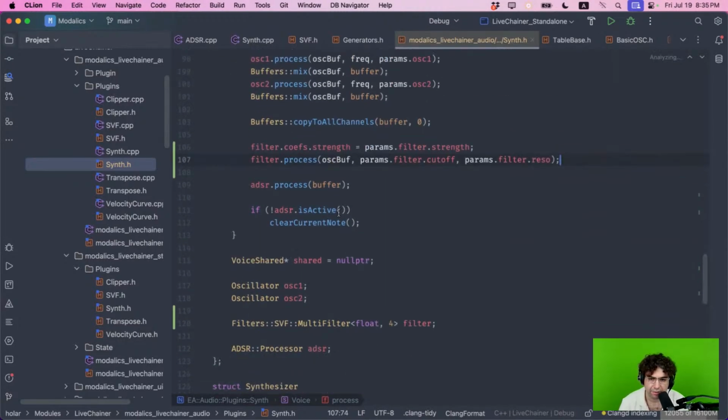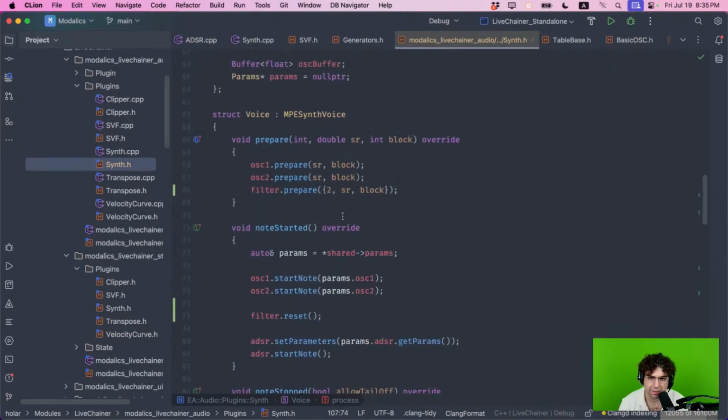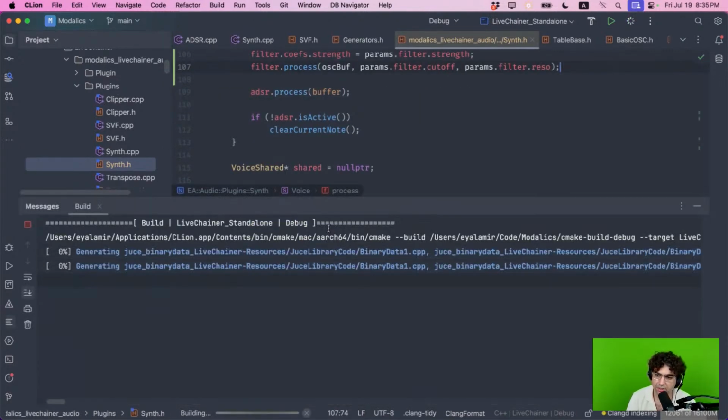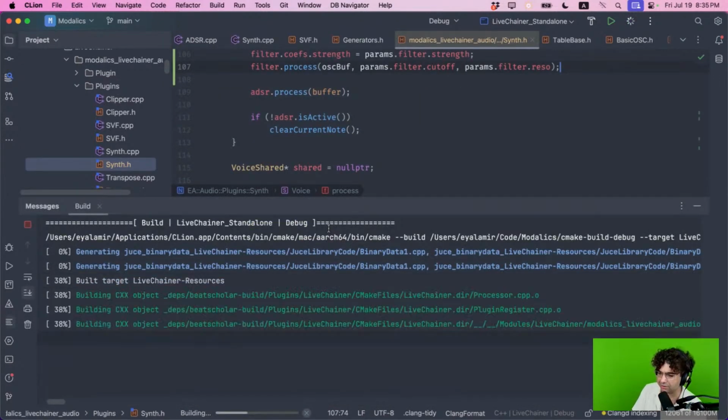Okay, did I forget something? Hopefully not. This should be able to process the filter, and if this works,